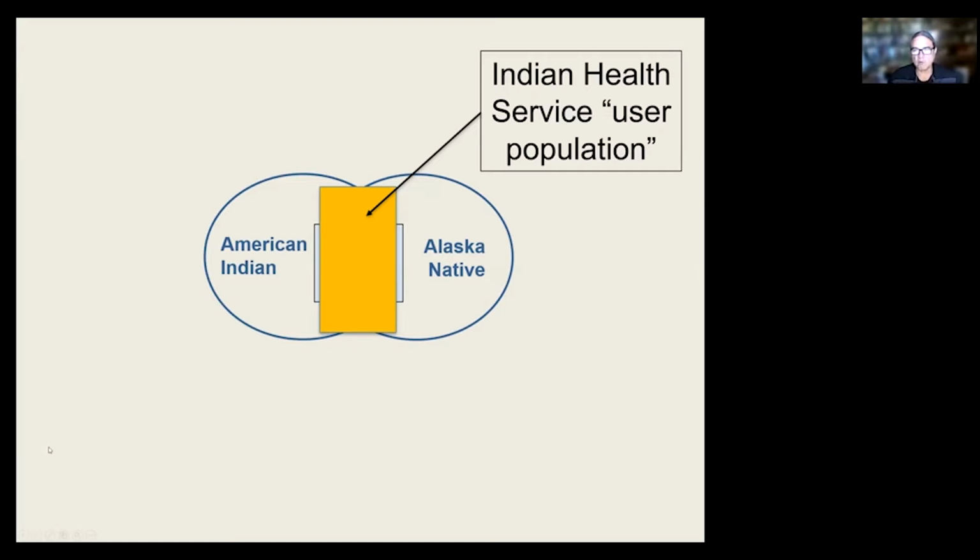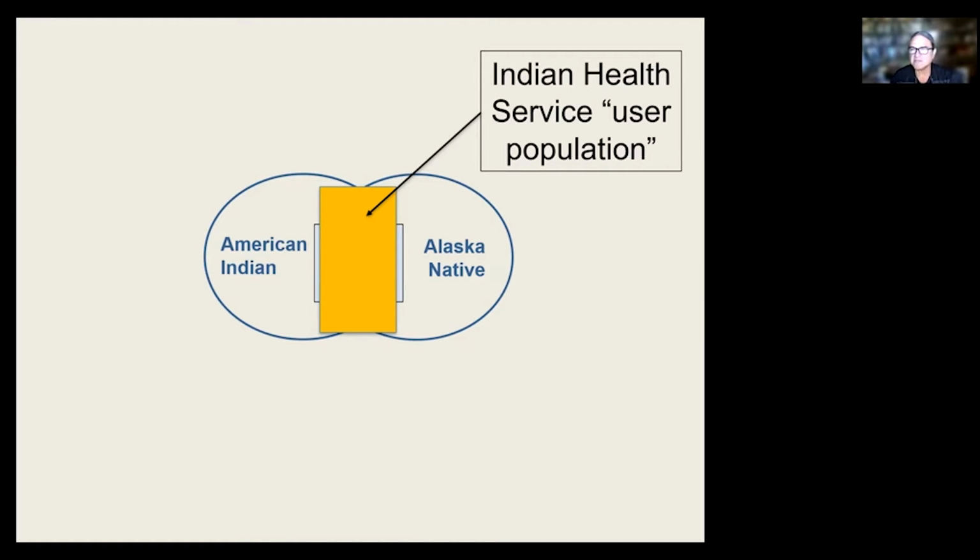In addition to that, there are people like me. I live in Grand Forks, North Dakota, in which there is no Indian Health Service facility. For me to go to the Indian Health Service, I'd have to drive more than an hour away to find the closest reservation with an IHS facility. In addition to that, I have insurance, so I don't need to go that far to receive services. As someone who's insured and living in a city, I can go to the private sector, which is what I do along with my family.